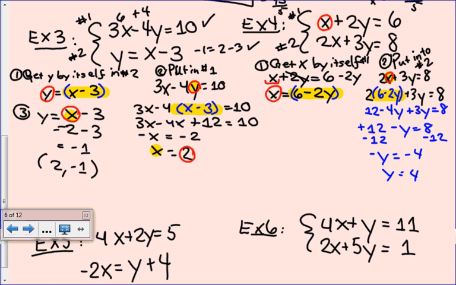Now y, what do we need? 3. Rewrite the x equals 6 minus 2y. x equals 6 minus 2. And here's our y right here. So replace that with the 4. 6 minus 8 is